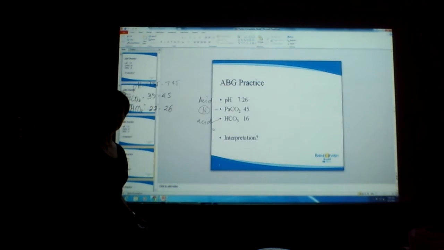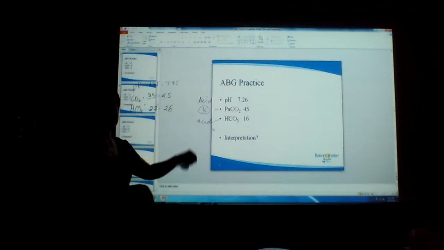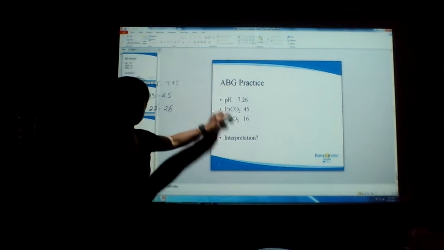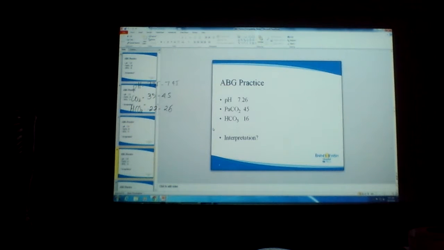When they don't take their insulin, they switch to plan B, meaning they start burning the fat. So they accumulate a lot of ketone bodies, they go into ketosis. You look at their pH, it looks like this. Then eventually, if they don't take care of it metabolically, you predict increased respiratory rate to compensate for this one. We need to get rid of the acid. But the only thing you can get rid of in your lungs is just carbon dioxide. Every other waste product is through your kidneys.